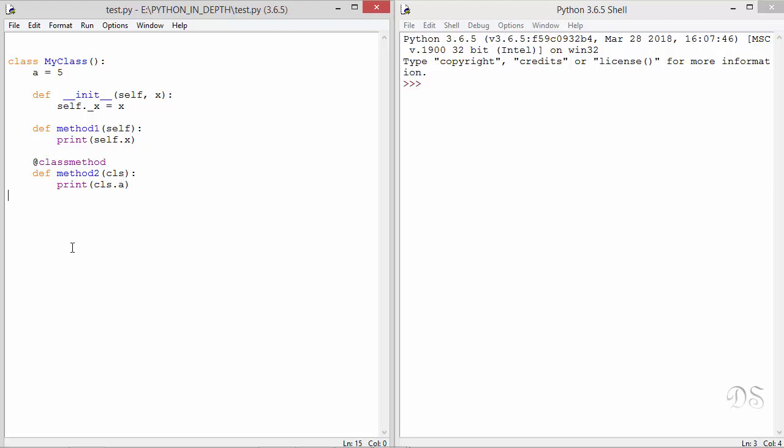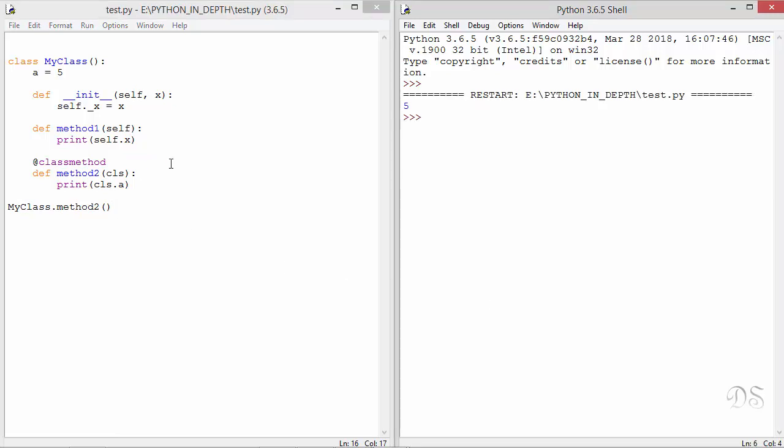A class method can be invoked using the class name or an instance. So let's invoke it using the class name. We have not created any instance of the class, but still we could call this method because the class method has nothing to do with instances. When this call will execute, Python will automatically send the class as the first argument. So this parameter cls refers to the class object. And that is why here inside this method, we have accessed this class variable A through cls instead of hard coding the class name. Let's run this program.